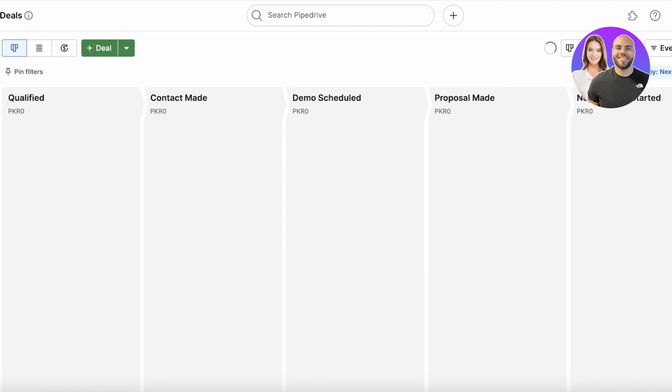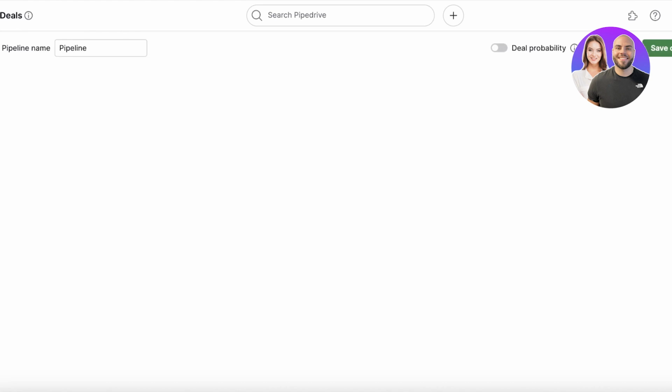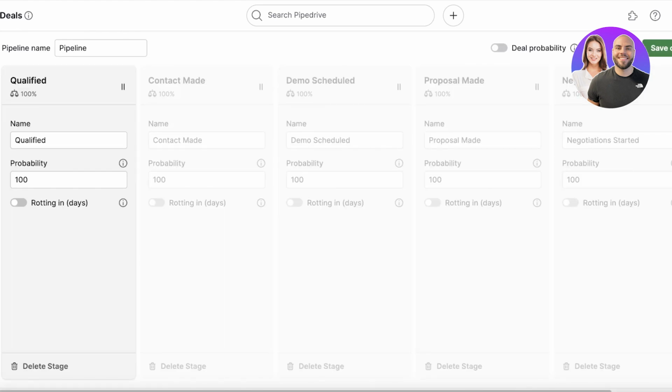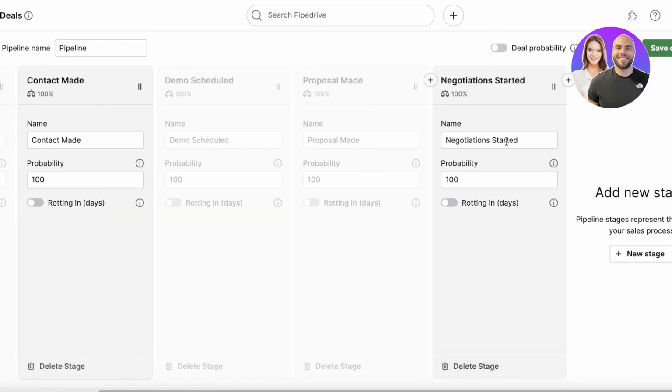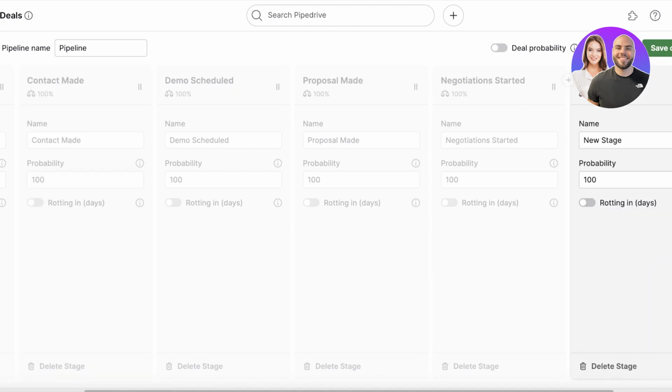Now, within the pipeline view, you will see on the top right, you have this option to edit. Once you open this up, you can actually change this to different stages. So you will see our lead stages start from here. So I will click on new stage, and this might be something I want to write. I'll just create a new stage over here. Once I have built my new stage,